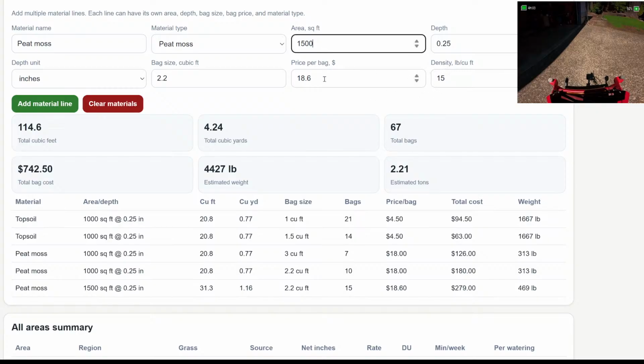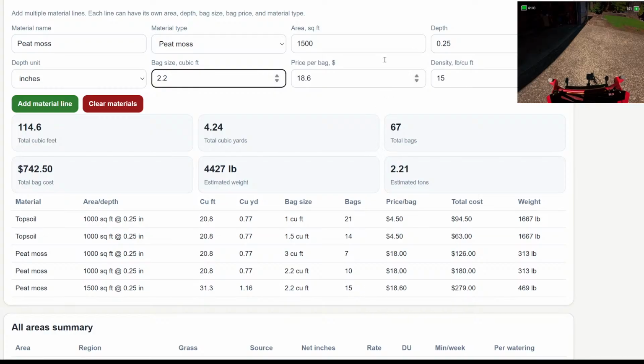That's not right. 13 cubic yard bags, 31 cubic feet. This is 1,500 square feet at 1/4 of an inch. 31 cubic feet, yeah, okay, this is right.